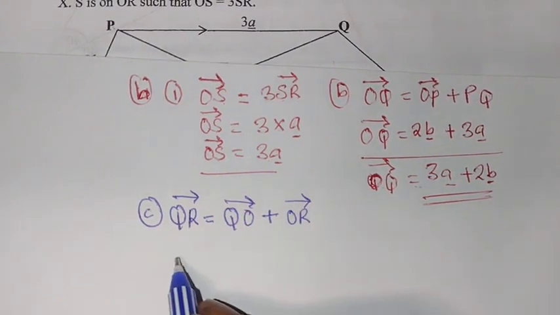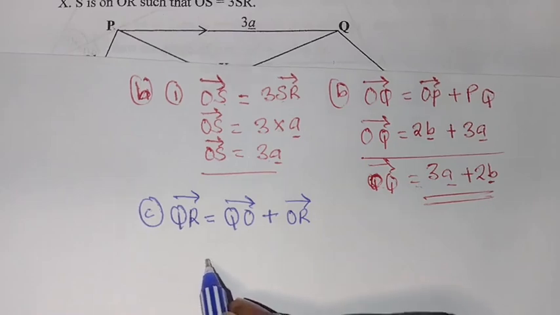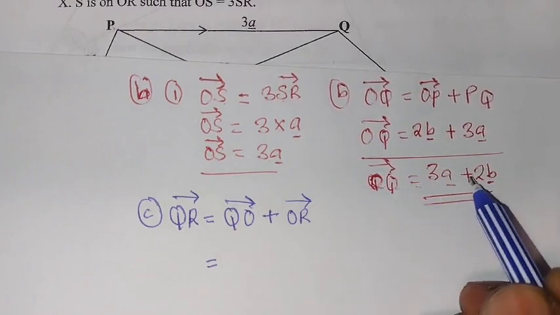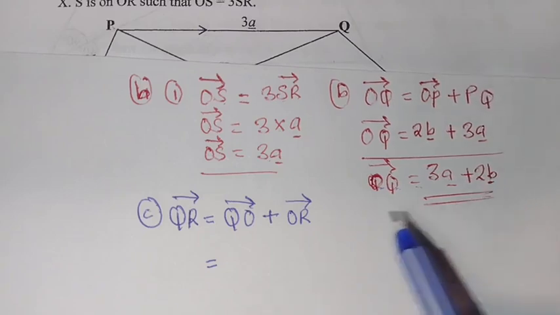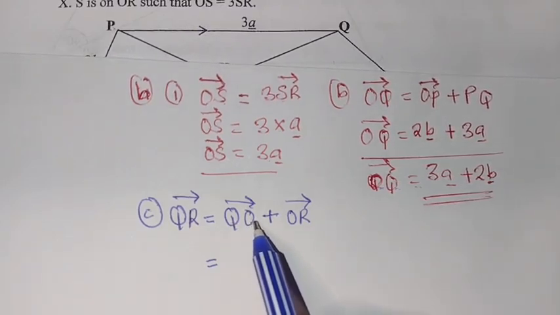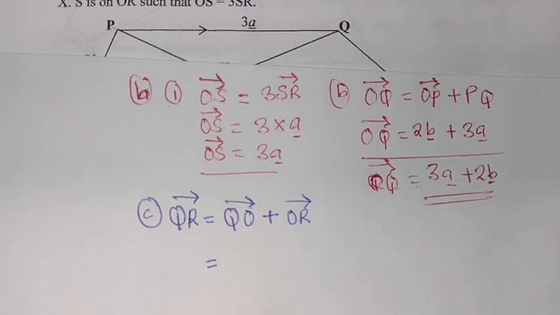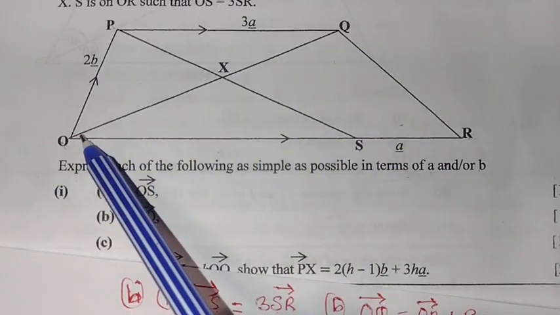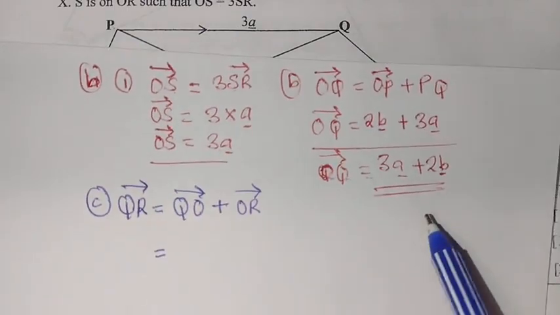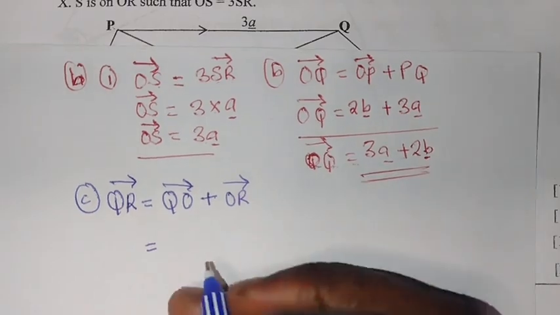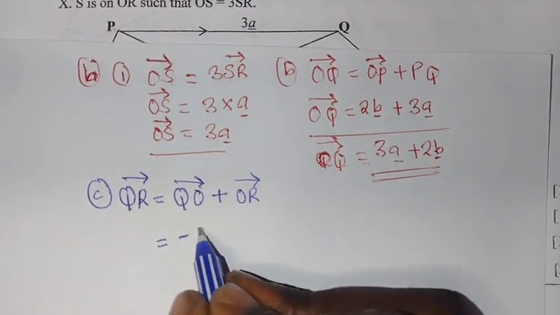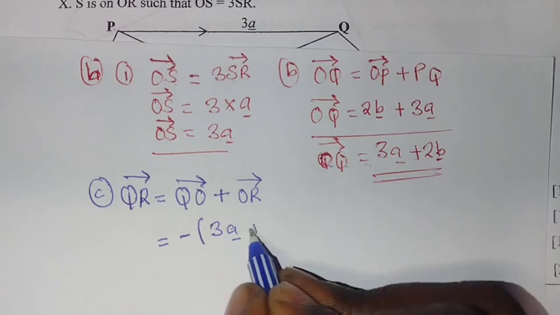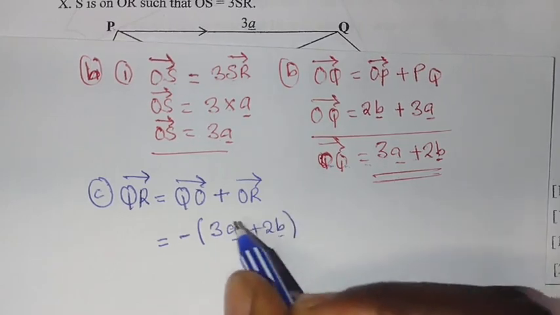Now, this movement, QO: we answered OQ, which is 3A plus 2B. Now, when we say QO, it's against the direction. So we answered OQ, but it's QO. It's against the direction, meaning this answer we are going to multiply with a negative. So it's negative 3A vector plus 2B vector, plus